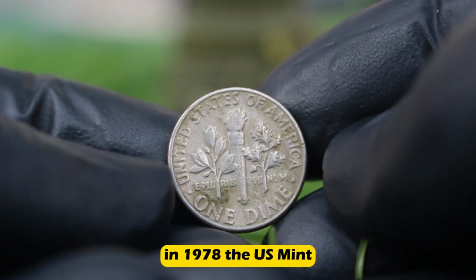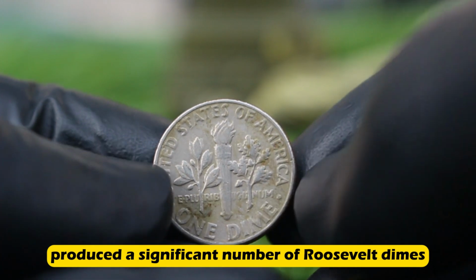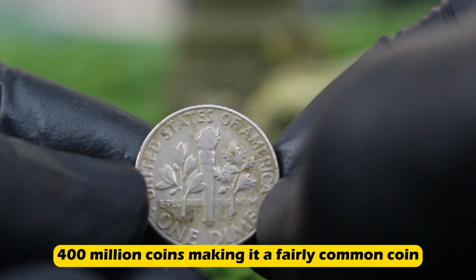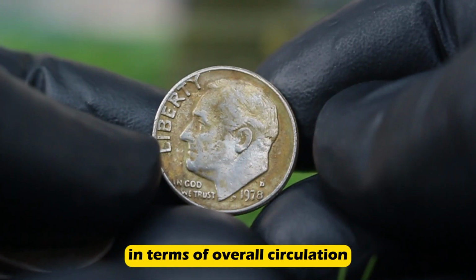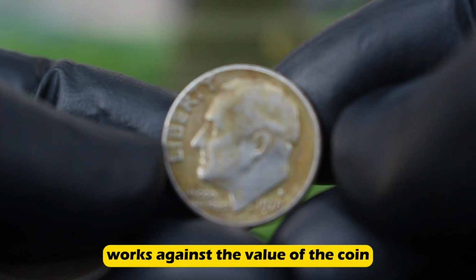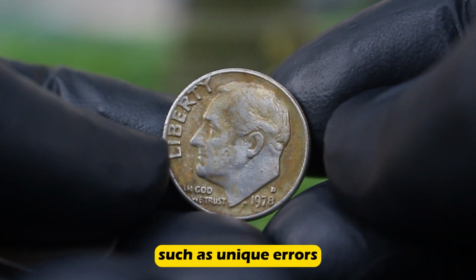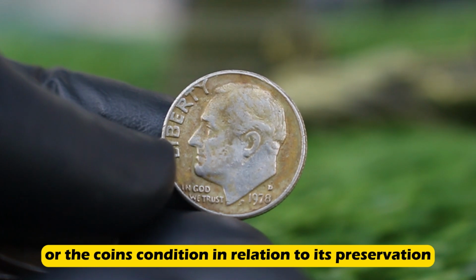In 1978, the U.S. Mint produced a significant number of Roosevelt dimes. In fact, the total mintage for the 1978 dime was around 400 million coins, making it a fairly common coin in terms of overall circulation. This high mintage is a factor that typically works against the value of the coin in its general circulated form. However, specific conditions, such as unique errors, or the coin's condition in relation to its preservation, can help it stand